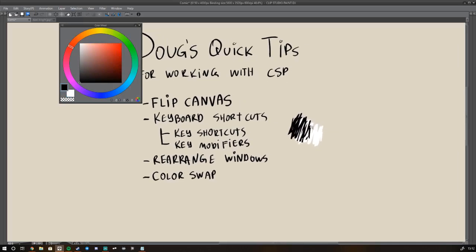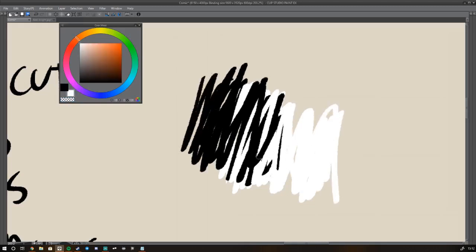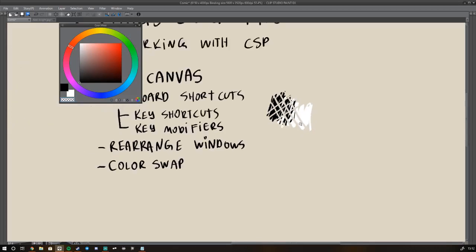But Clip Studio Paint has a different tool. It also has the transparent color, which you can trigger by pressing the C key on your keyboard. The C key triggers the transparent color, and unlike the primary and the secondary color where you're adding ink to your drawing, the transparent color is erasing ink from your drawing. And why is this important? Because say for example you're doing some very